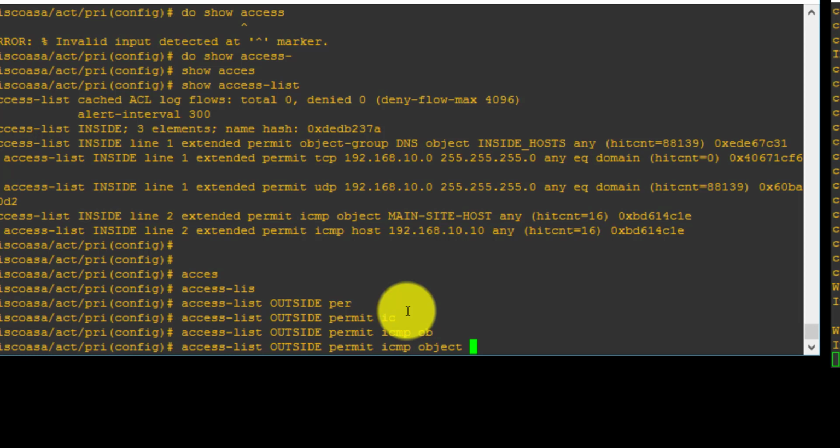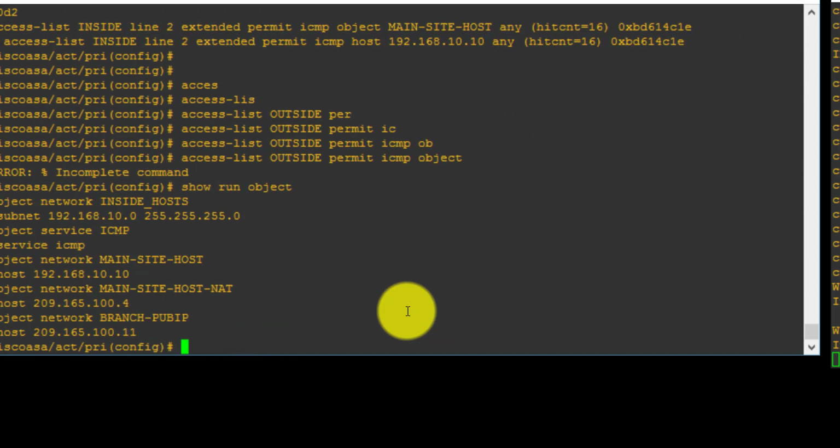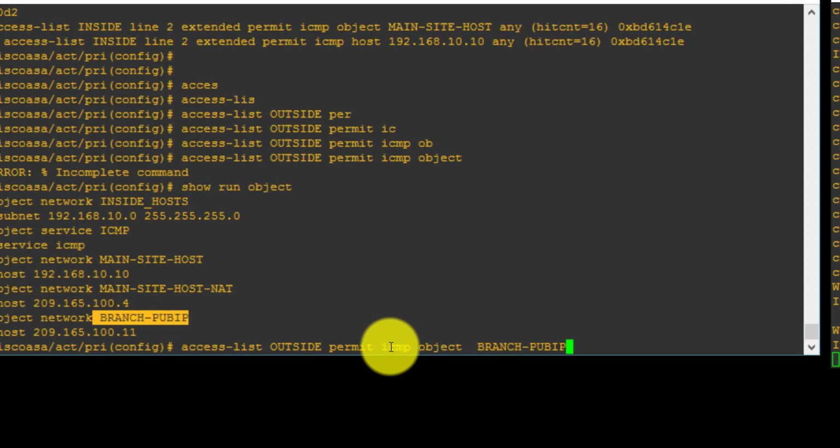Let me just press enter, I can't remember what I called it, show run object. So it's going to be this one. If we just up arrow, we'll use this object, branch public IP, and it's going to